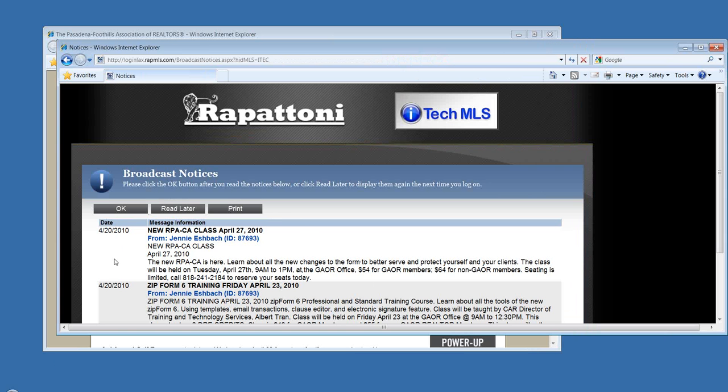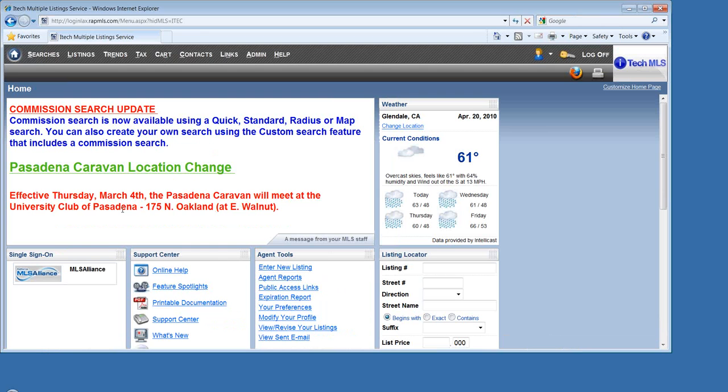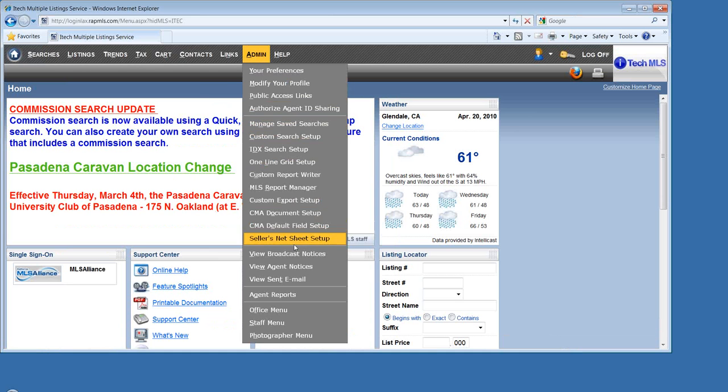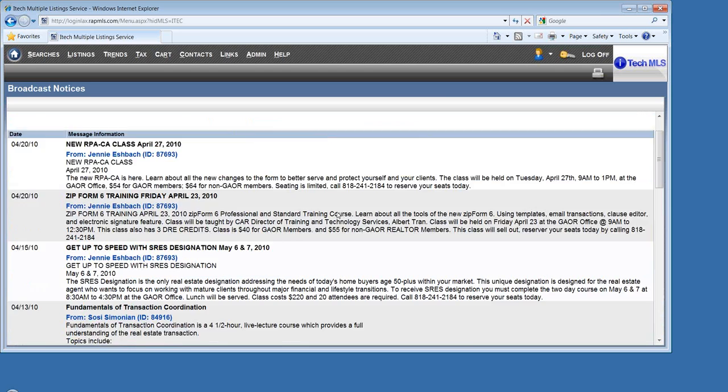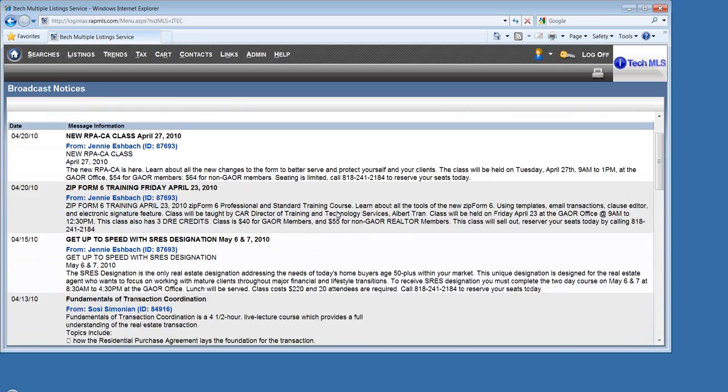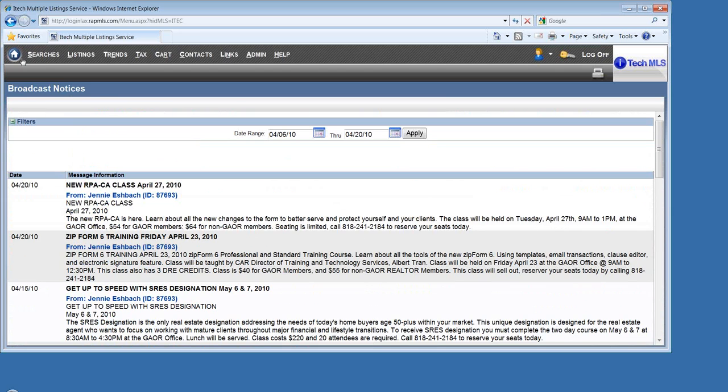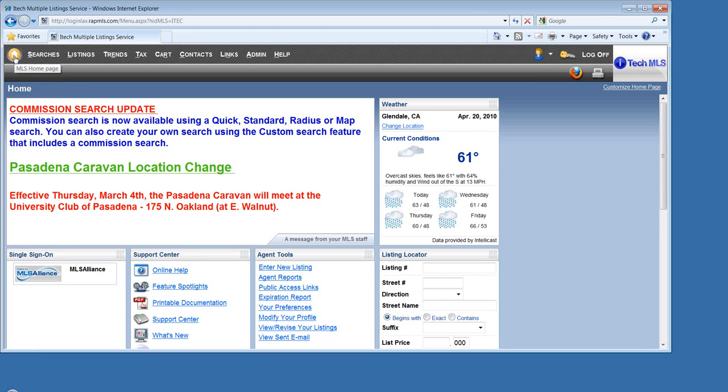If you come across these messages at the beginning, what I would suggest you do is click OK. The message does not disappear. You can access it at any time by coming up here to Admin, View Broadcast Notices, and you can always go and look at any of these messages anytime you want to. But let's go back to the home page. You do that by clicking on this little house icon in the top left. And the home page is going to be the